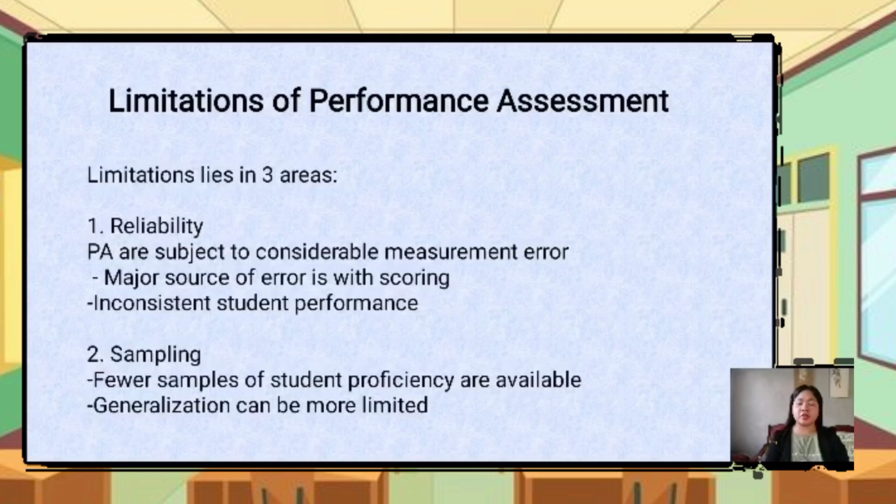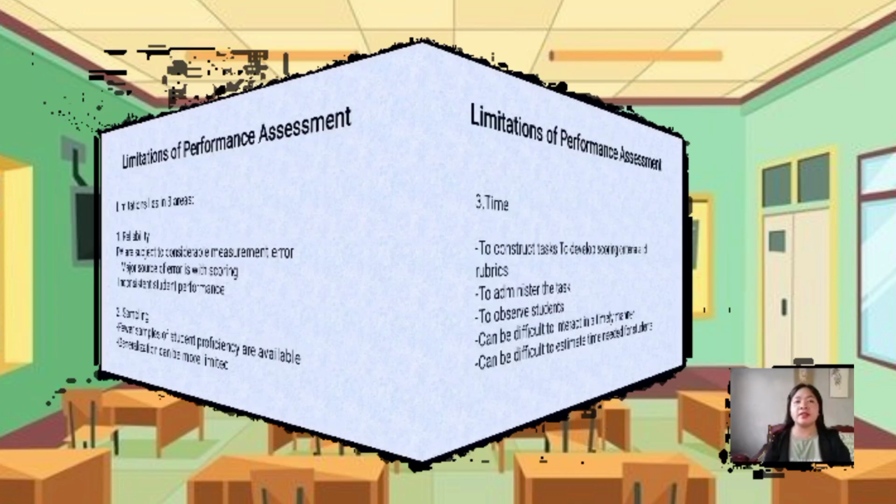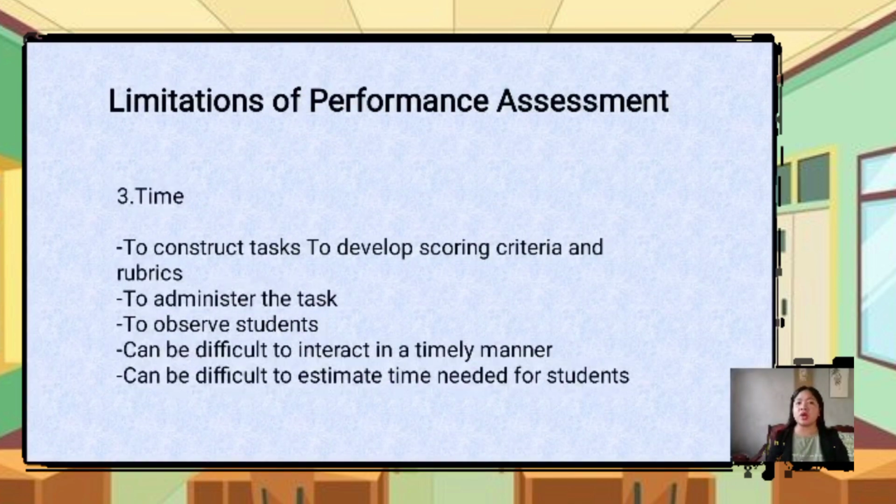So here are the limitations of performance assessment, which has three areas. The first one is reliability. Performance assessments are subject to considerable measurement error, because a major source of error is scoring and inconsistent student performance. Number two is sampling, wherein fewer samples of student proficiency are available and generalization can be more limited. And lastly, time, which is needed to construct tasks, to develop scoring criteria and rubrics, to administer the tasks,